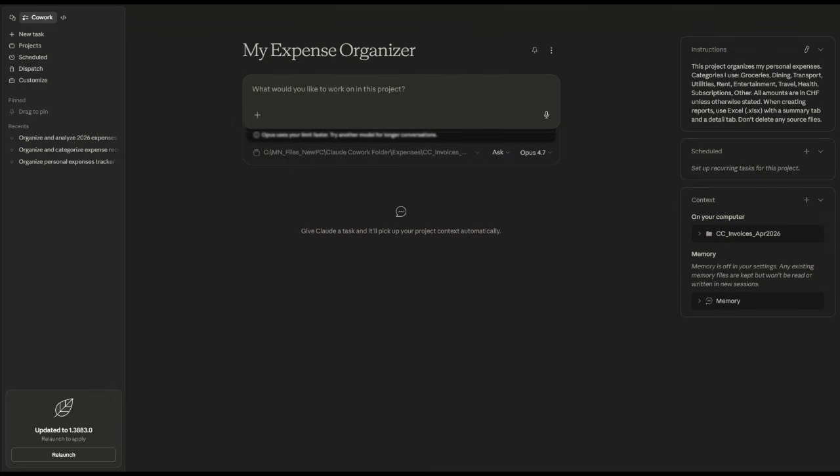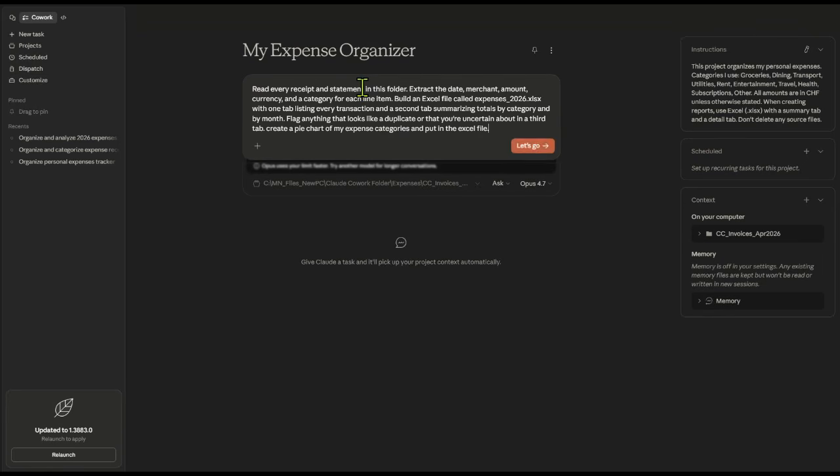Step 5. Describe your first task. In the chat box, describe the outcome in plain language. Something like, read every receipt and statement in this folder. Extract the date, merchant, amount, currency, and a category for each line item. Build an Excel file called